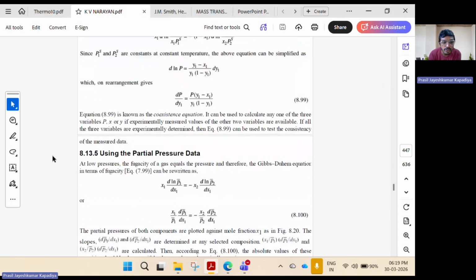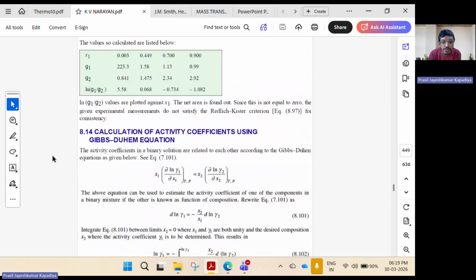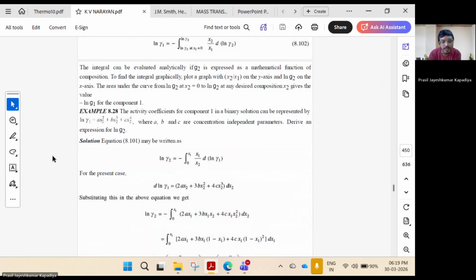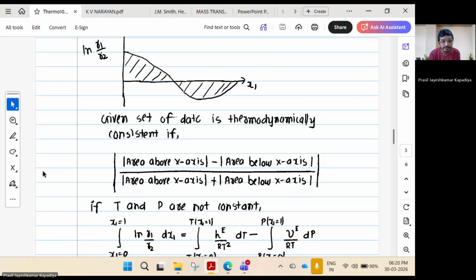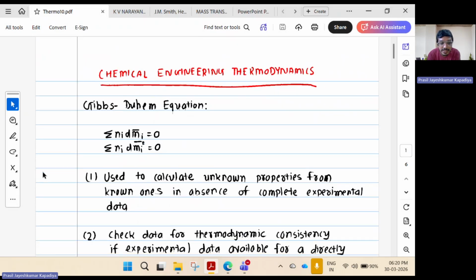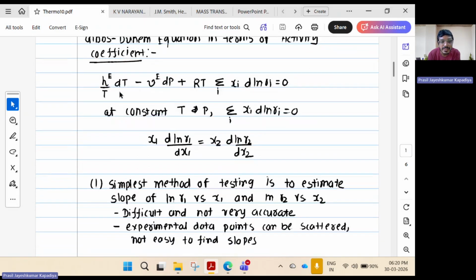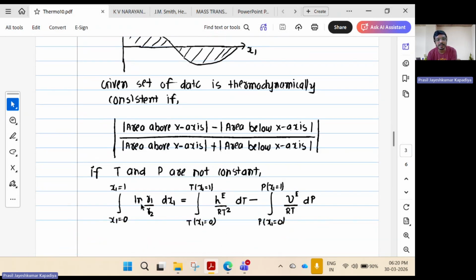There are various other methods also available to check the consistency of the data, but we are not going to use them. Here we have an assumption that temperature and pressure are kept constant throughout the system. But let's say temperature and pressure are not constant. Then what do we need to do? We need to consider the H^E/(RT^2) dT and V^E dP terms. So we have this formula: the integral of ln(gamma1/gamma2) dx1 from 0 to 1